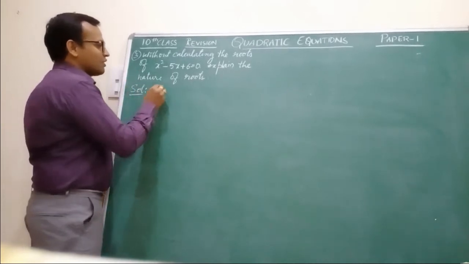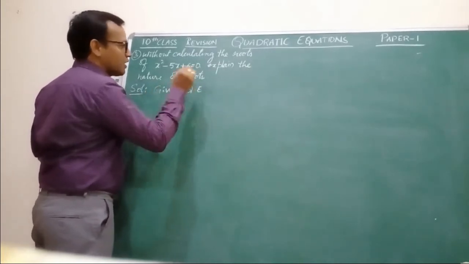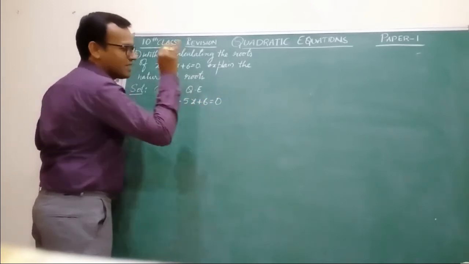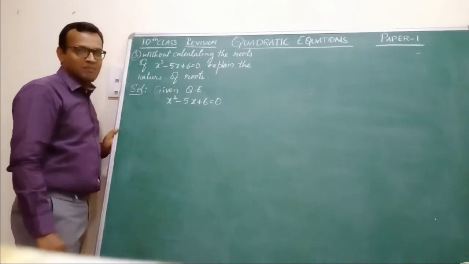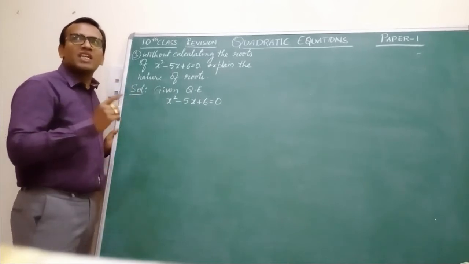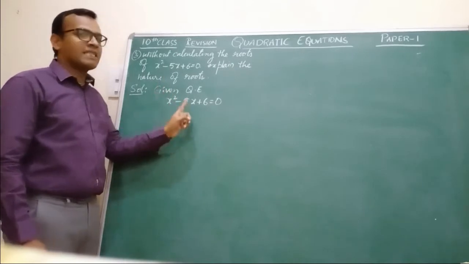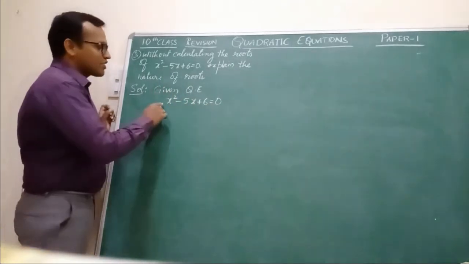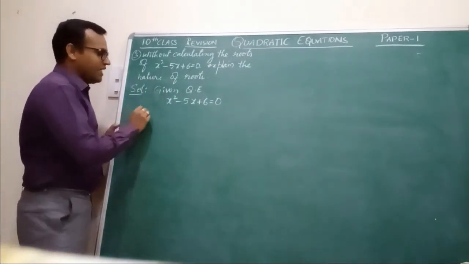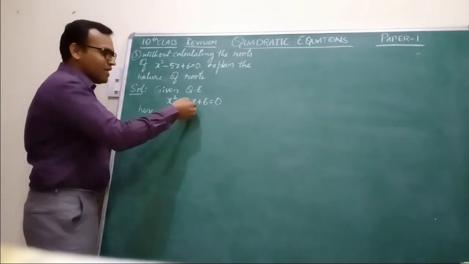Solution. So we'll write the equation given. Given quadratic equation, x square minus 5x plus 6 is equal to 0. This is the equation given. And I told you already, we have to compare the given equation with the general form of quadratic equation, that is ax square plus bx plus c is equal to 0. In place of a, b, c, what numbers are present, that we have to take now? Here a is equal to 1, before x square 1 is there. b is equal to, before x